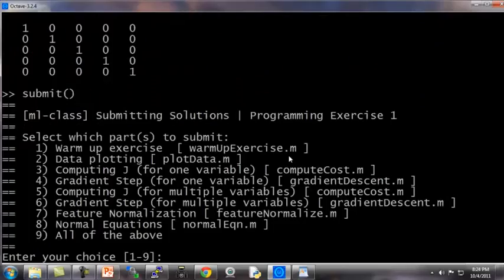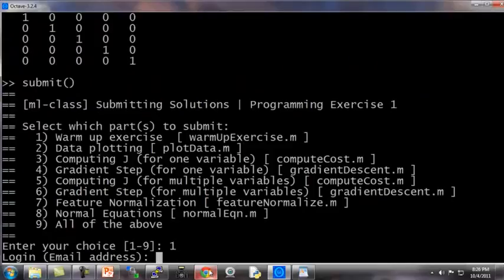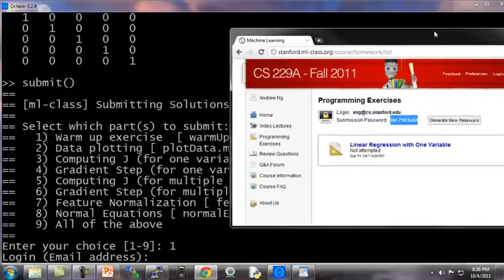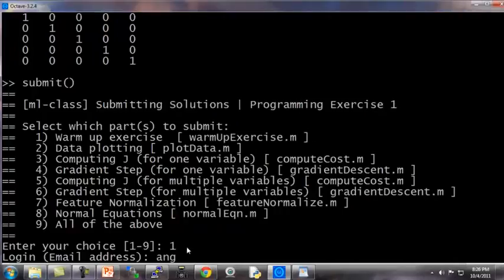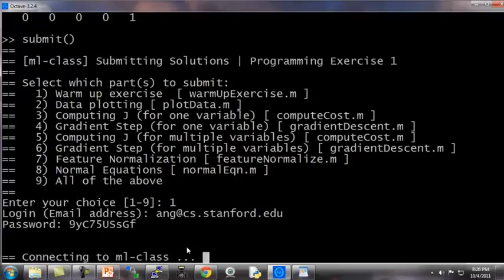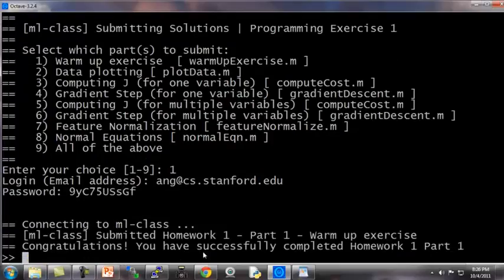I'm going to type submit from this directory, and I'm ready to submit part 1, so I'm going to enter choice 1. So it asks me for my email address. I'm going to go to the course website, and this lists my email address and this is my submission password. This is an internal testing site, so your version of the website may look a little bit different. I'm just going to type them in here. So I have ang@cs.stanford.edu, and my submission password is 9yc75ussgf. And if I hit enter, it connects to the server and submits it,